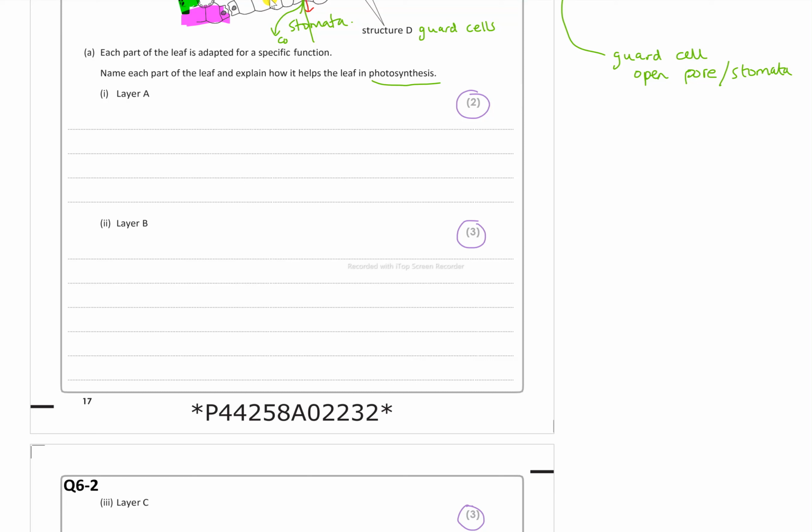Right, how do we go about doing that? Layer A. It's always good to just name them. Epidermis. Don't just put epidermis, because we're talking about the upper, not the lower. Has lots of transparent cells to allow light in. Layer B is called the palisade layer,